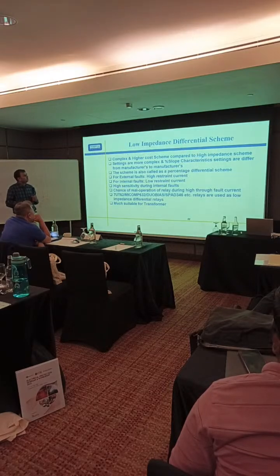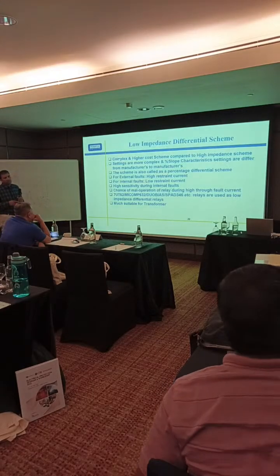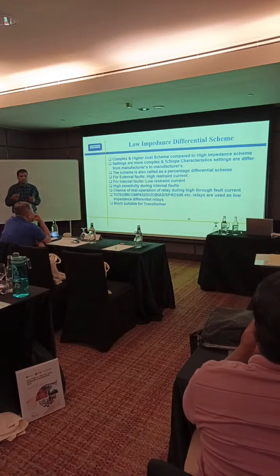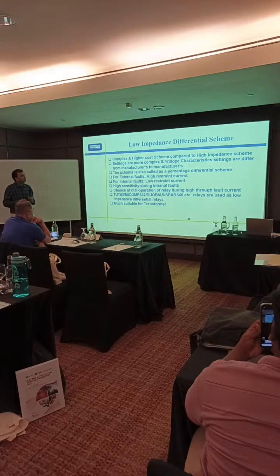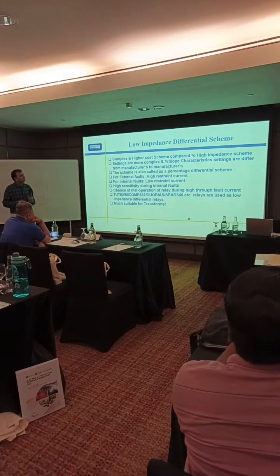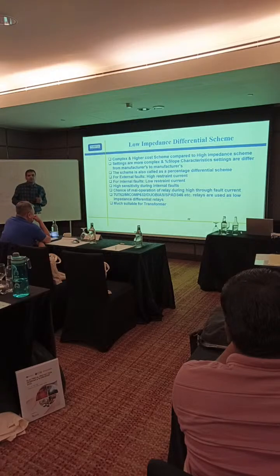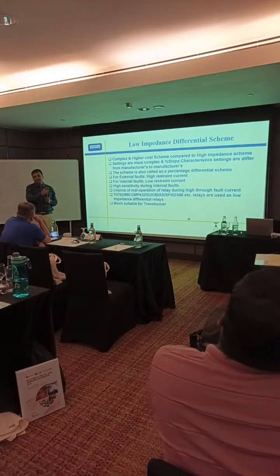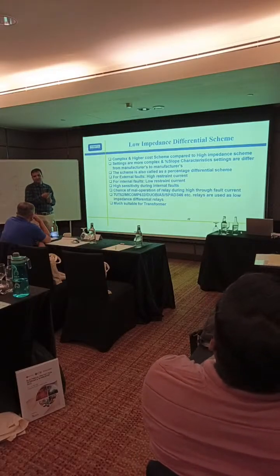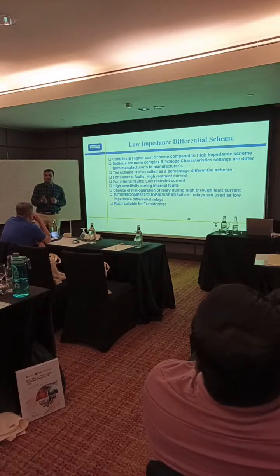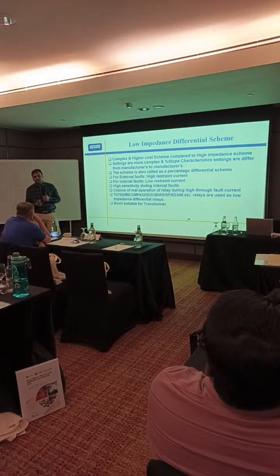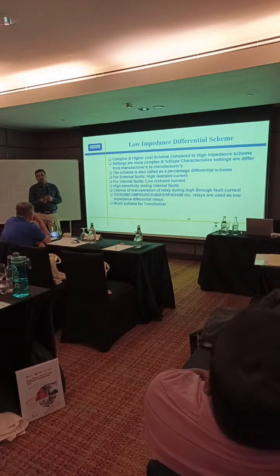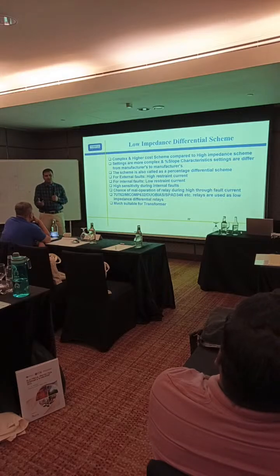And low impedance. It is complex because of configuration and all these things. Higher cost compared to the high impedance scheme. In the high impedance scheme, you can use a simple overcurrent relay as well for this differential scheme. So that is actually the overcurrent relay. You are injecting 0.1 ampere current and the relay is operating. That's it. But while in